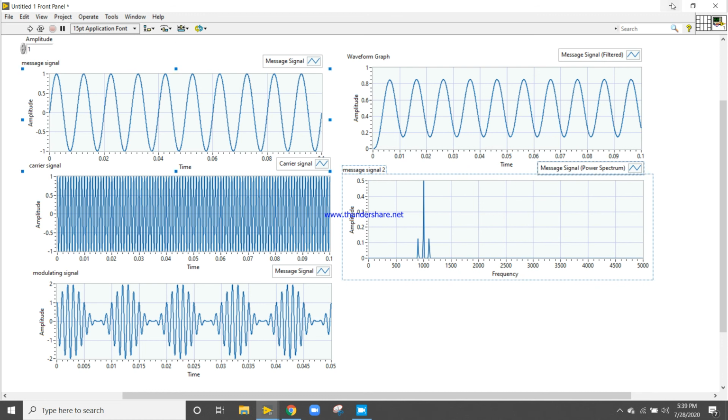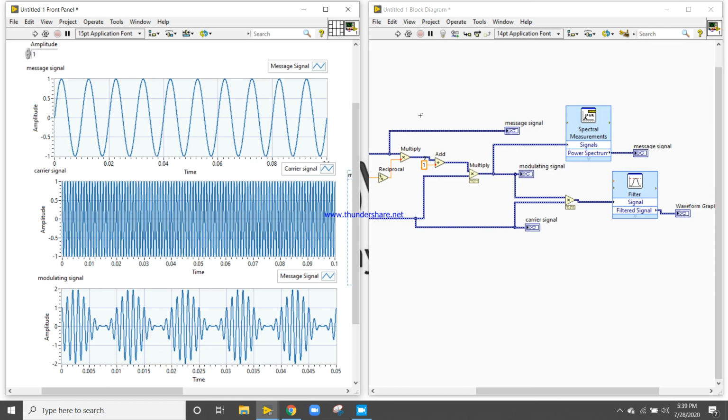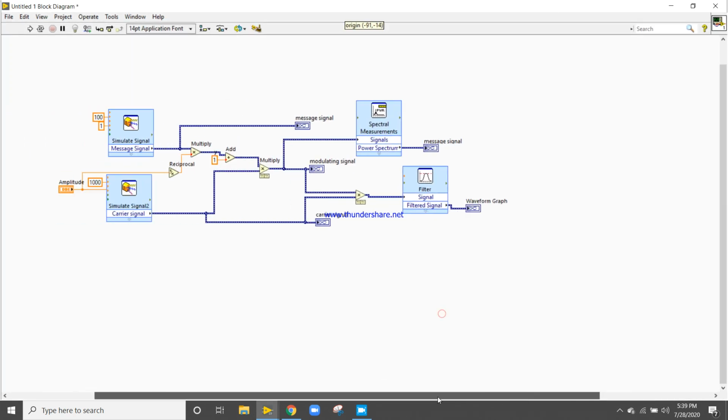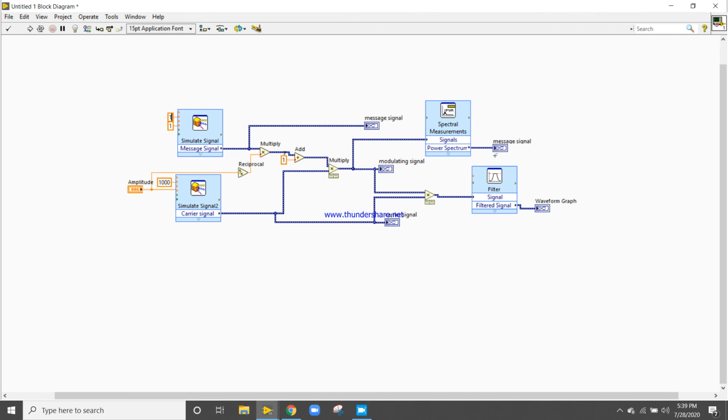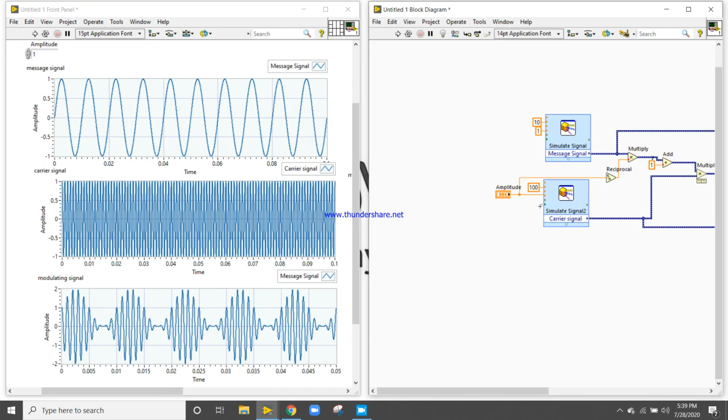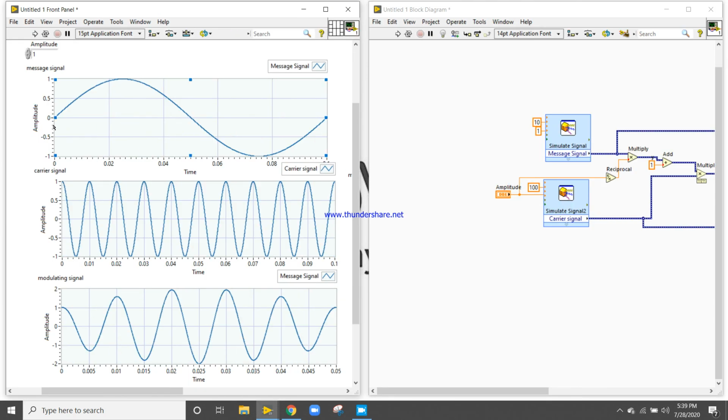What happens if I keep the frequency 10 here, and if it is 100, and here the low pass frequency will be 10 also. Let's increase the frequency to 20.